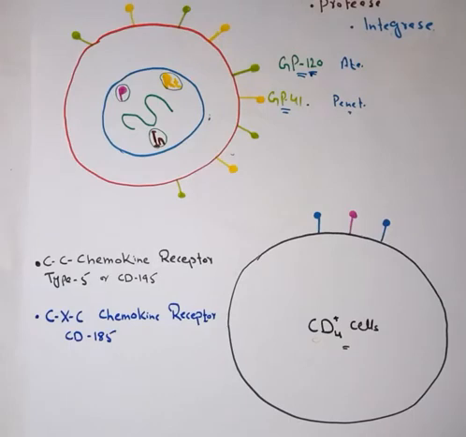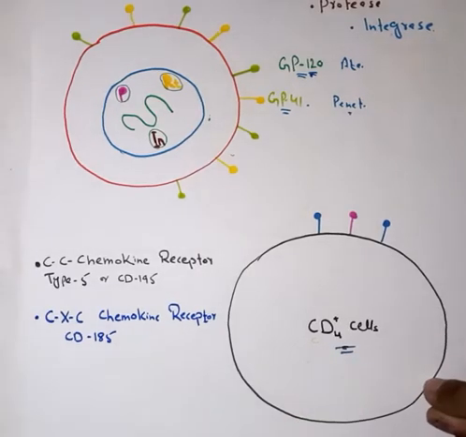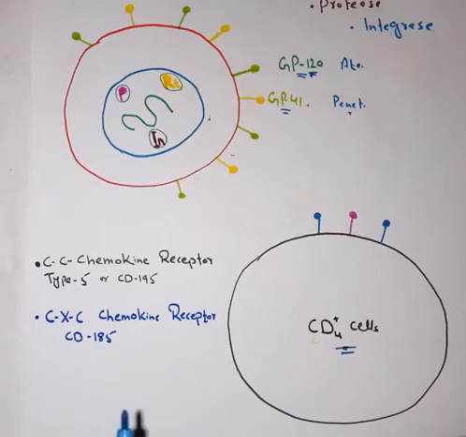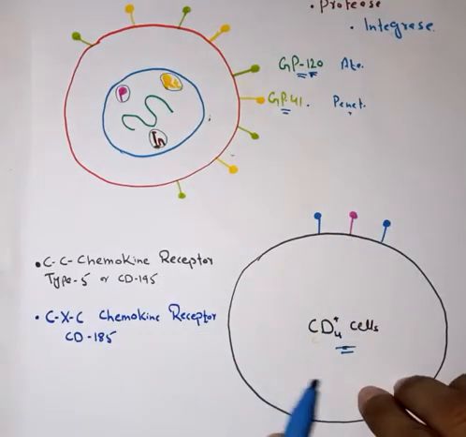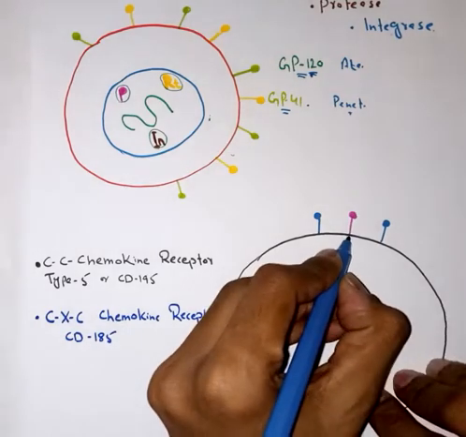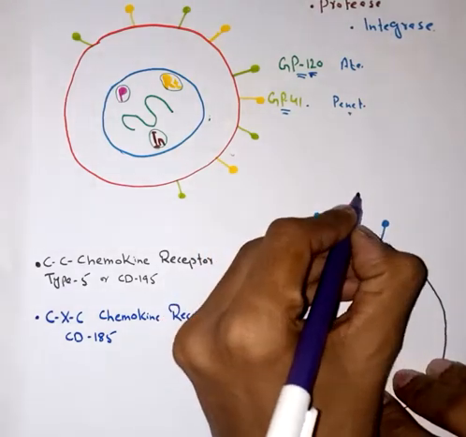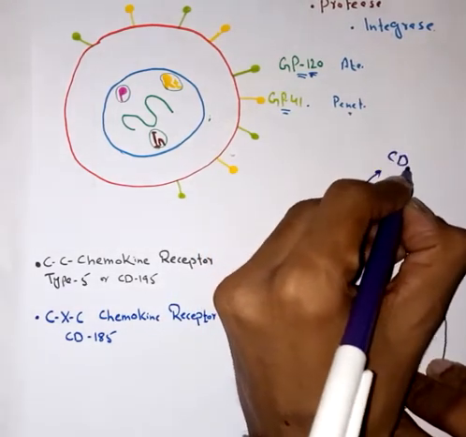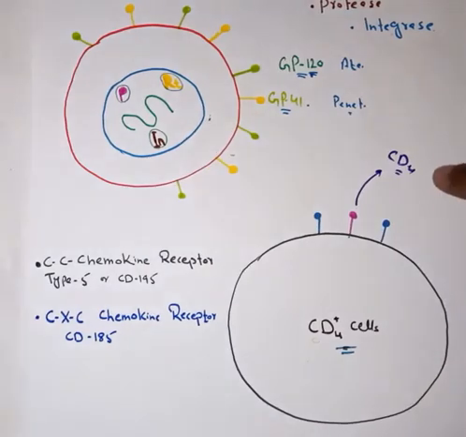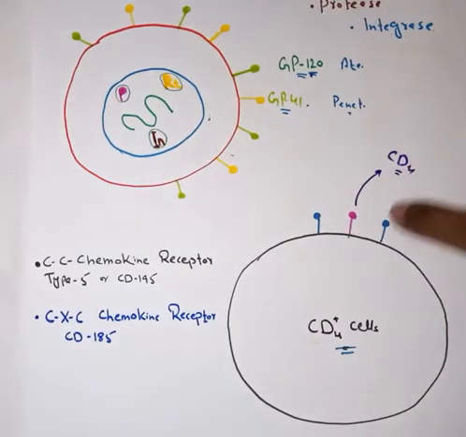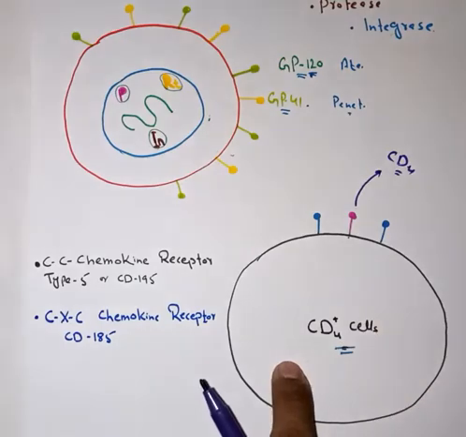Okay, now let's talk about the cells which are going to be infected by HIV viruses. HIV viruses will infect our immune cells. Not all the immune cells will be infected, but there are certain types of immune cells which are called as CD4 plus cells, like those cells which have a very important protein called as CD4 protein. This pink color protein is called as CD4 protein. Those cells which will express this CD4 protein on their surfaces will be called as CD4 plus cells, and